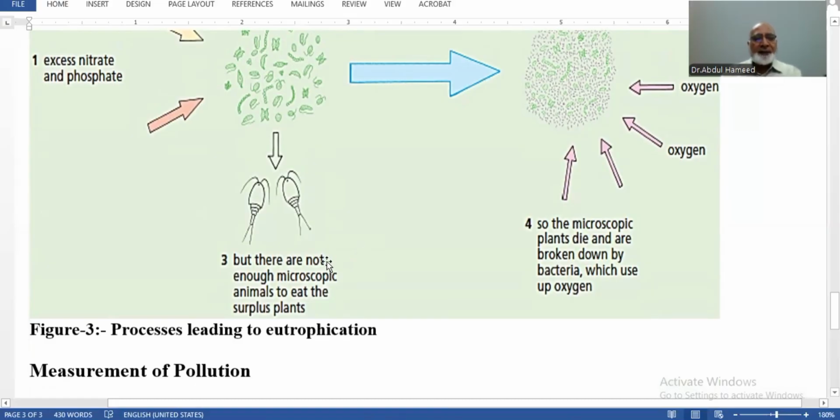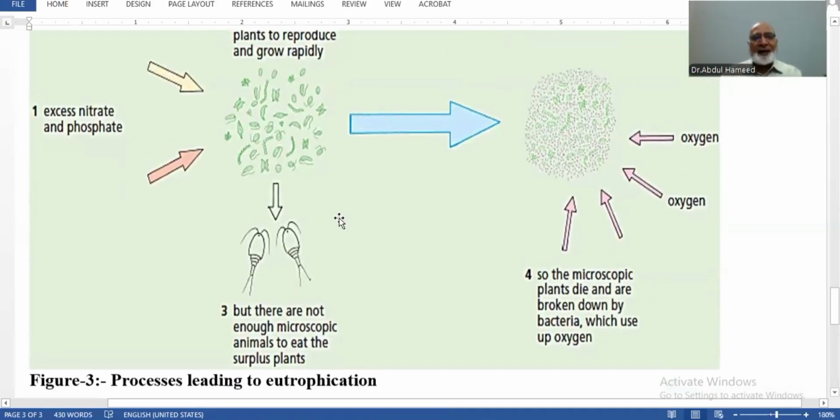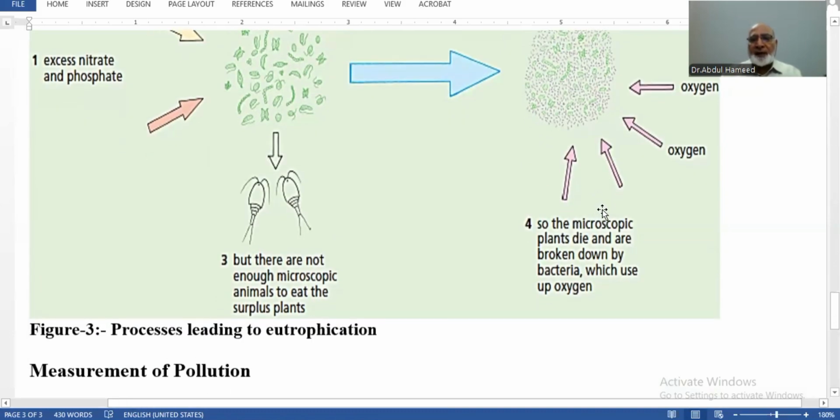Third point is the less presence of animals consuming those algae, phytoplankton. Then there will be decomposition, death and decay of algal cells and algal blooms. And those bacteria will consume oxygen present in that water body. So the microscopic plants and algae die, and there will be less availability of oxygen. Ultimately, this will cause the suffocation and death of the aquatic animals, for example, fish